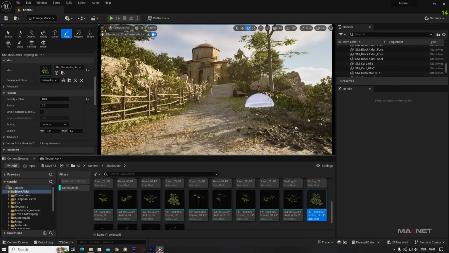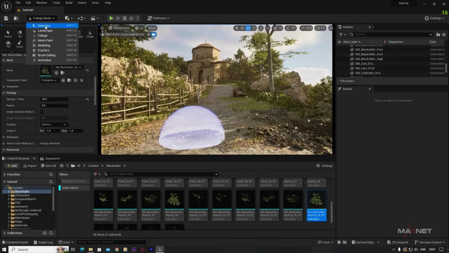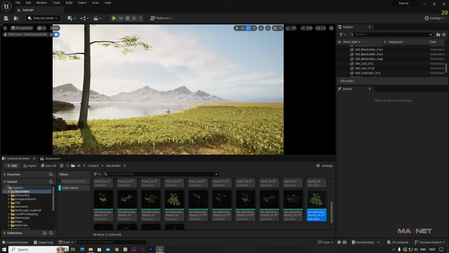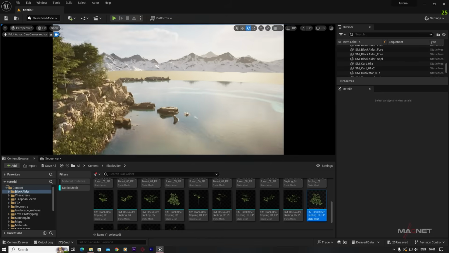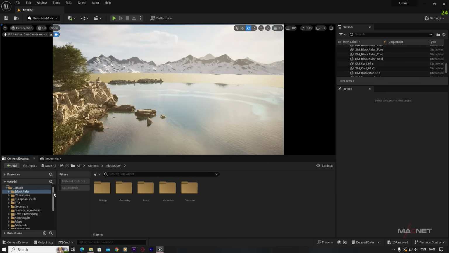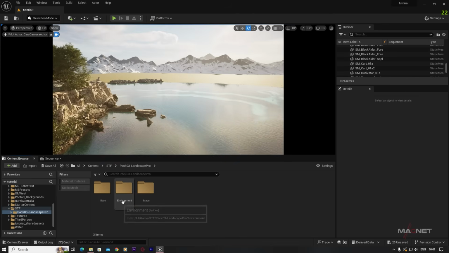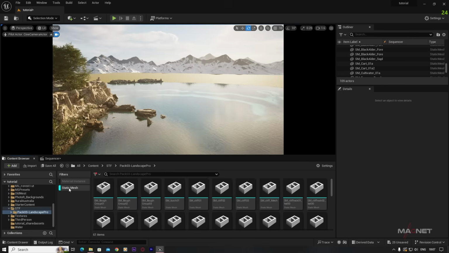Okay, so now we get that if we put more vegetation, it will look nicer. And then also we go to our selection mode, and now finally we put some distant foliages. So for this I'm going to use a different tree which is from this folder, and also I downloaded this folder earlier, so you can easily get that. So if we just select this static mesh filter here,